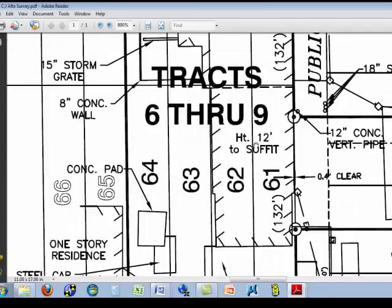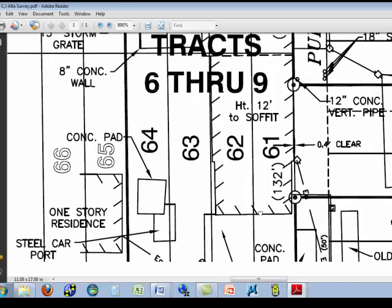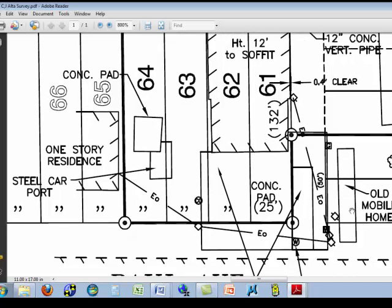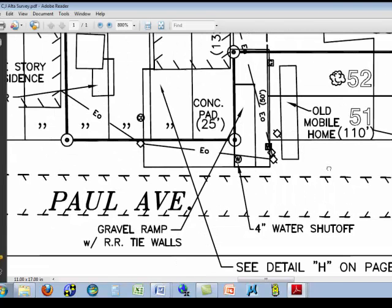Here for, I believe, what is the soffit on this building, it's been determined that there's about a 4/10 of a foot clearance. Well, that's significant. If that was overhanging the boundary line, there could be some consequences. Notice here we've got an old mobile home, the end of which appears to fall out in the right-of-way of